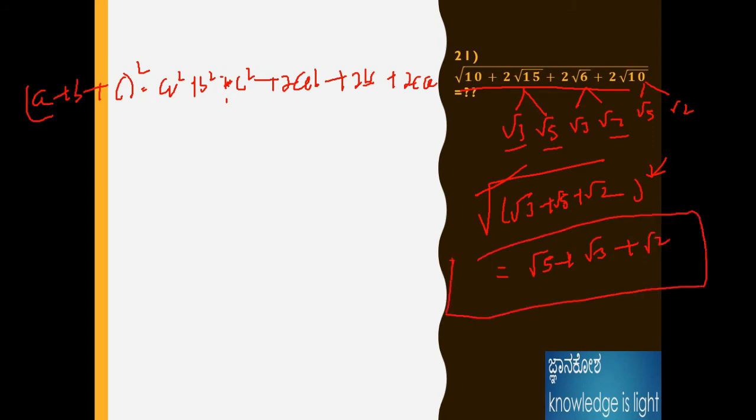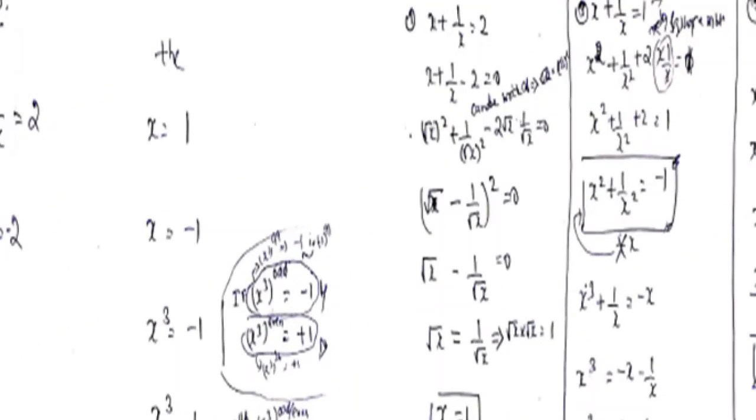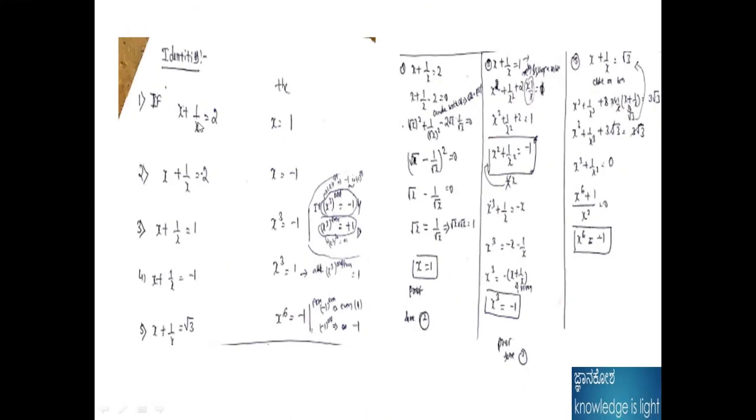Like that we can apply the logic by using the formula, and we can easily get the answer. Okay, fine. Next question. I will tell one more thing here. These are all the formulas. If the format is x plus 1 by x is equal to 1, we need to take it as 1, because RHS and LHS become equal. Here for x plus 1 by x is minus 1, we need to take the logic as minus 1. Like that we can apply the logic here. This is the important thing I need to highlight. These are all the proofs, this one and that one.